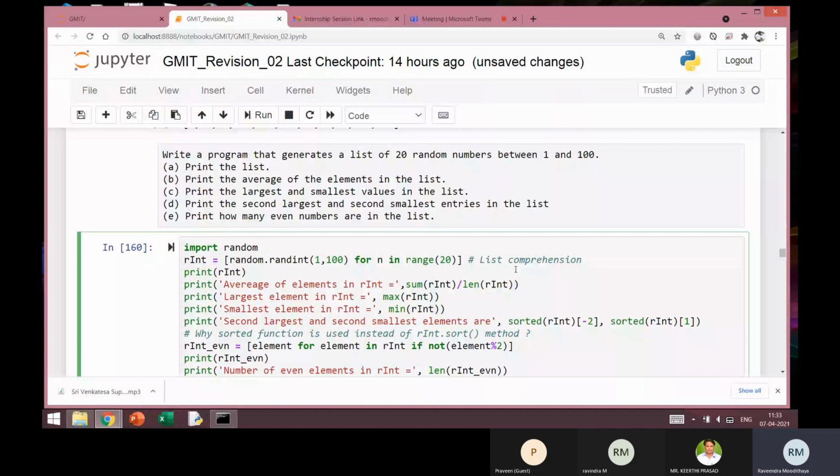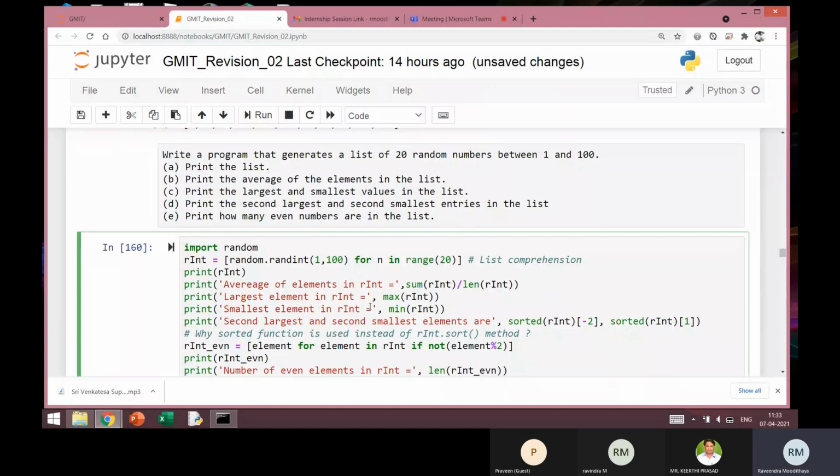So 12 double slash 5 will return 2 as the answer. Any remainder part will be truncated. Whereas if I write 12 by 5, this will give me 2.4. This will always return a floating point value. So I wanted the actual average, so I used the single slash.